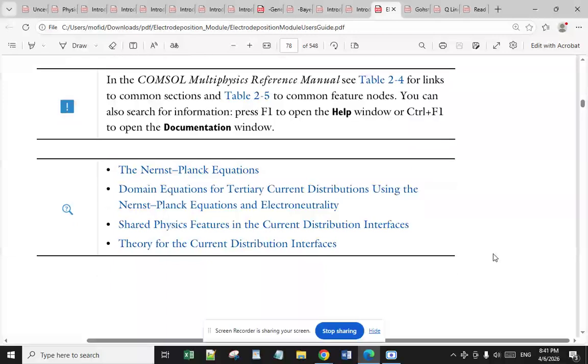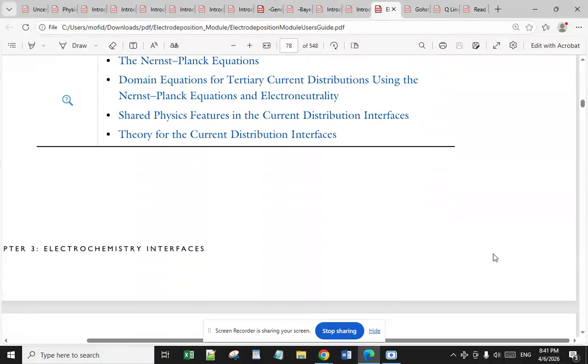In the COMSOL Multiphysics Reference Manual, see Table 2-4 for links to common sections and Table 2-5 for common feature nodes. You can also search for information, press F1 to open the Help window or Control plus F1 to open the documentation window. Now I want to go through